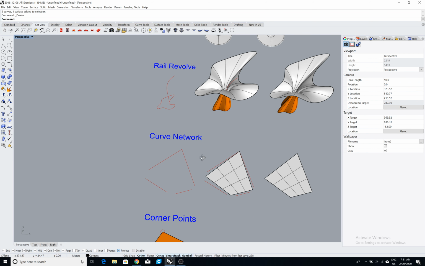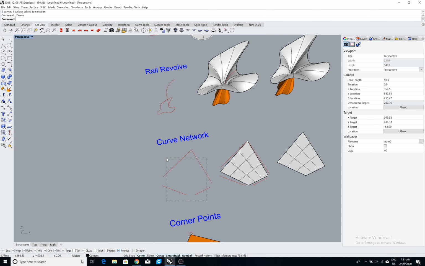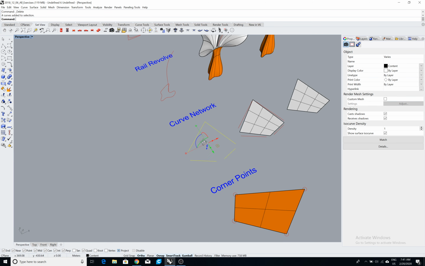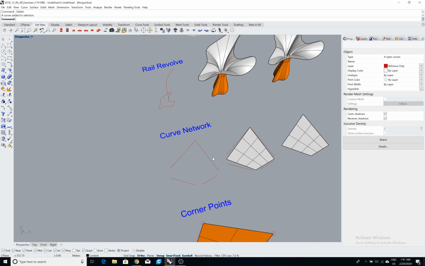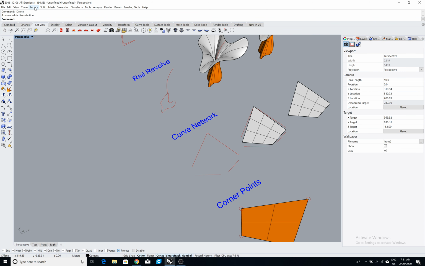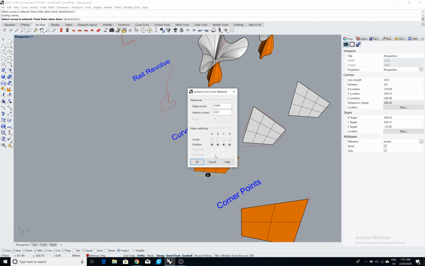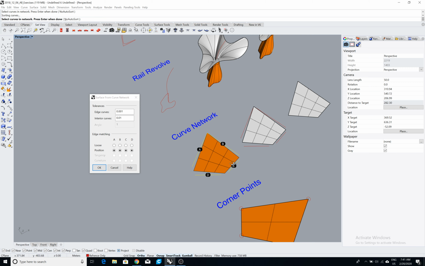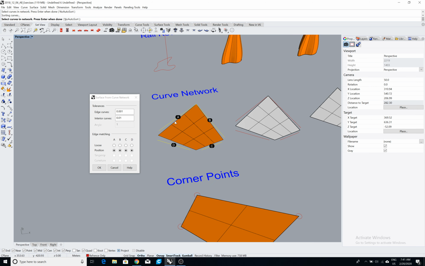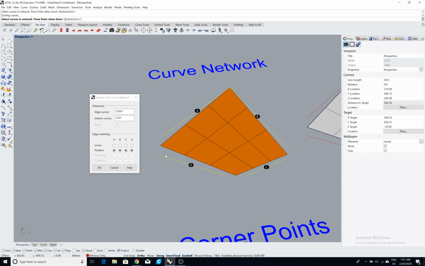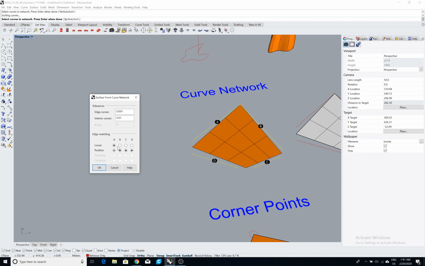next is curve network. So you have some bunch of curves and you would like to create a surface between those curves. So you have this command in surfaces called curve network. You select these curves and you press enter. You should be able to see that there is a surface formed between these four curves, and you can now start to change the parameters on your option box, and you can see